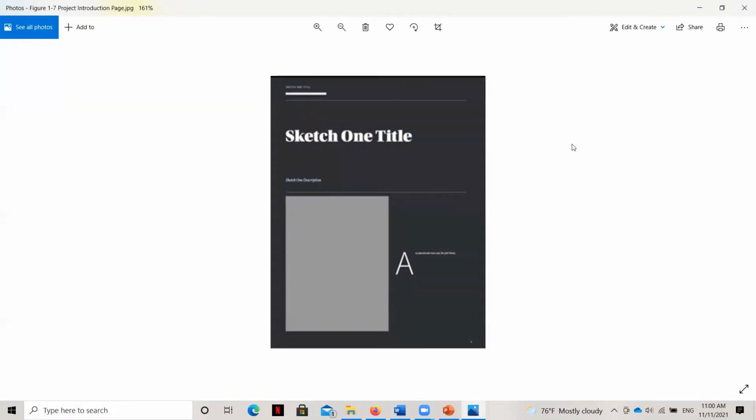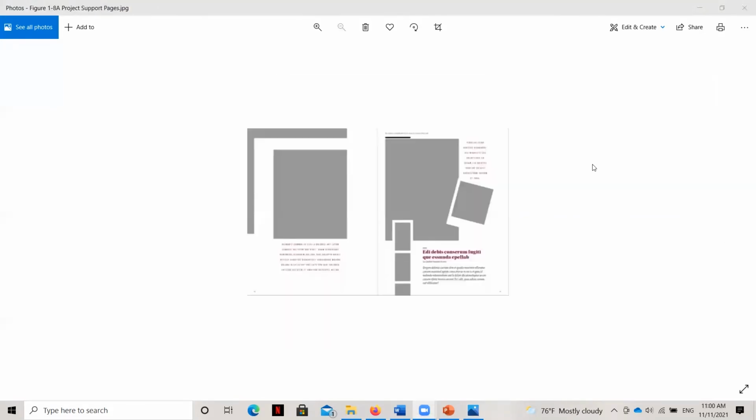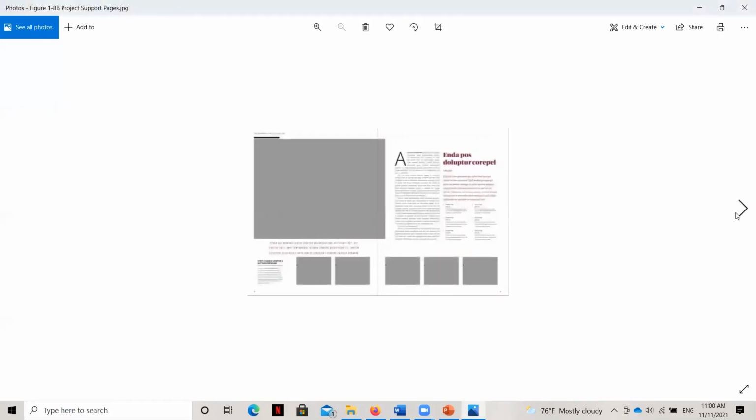There's another one here. Let me pause and show it to you. This was another one that I liked that was perhaps something that I could use to express lots of different drawings and show lots of different drawings for a design project. And you can see it's got some placeholder things in it from the InDesign template, but I liked the possibility of using something like this to present some big drawings and then some smaller drawings. And then here's the last one that I had selected.